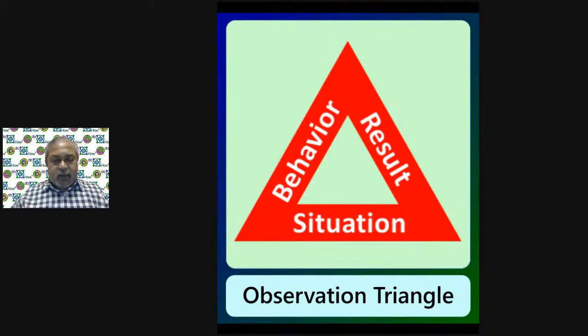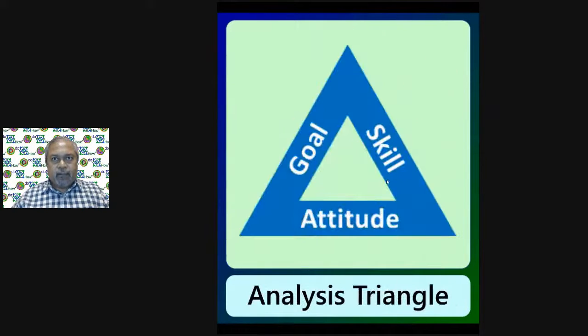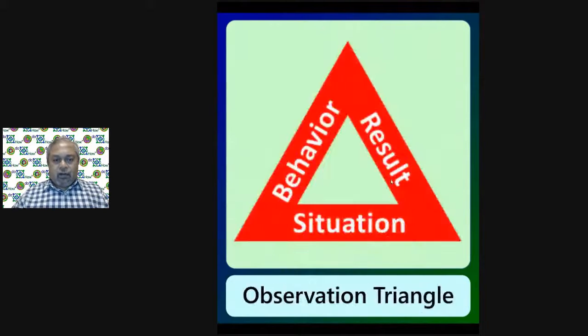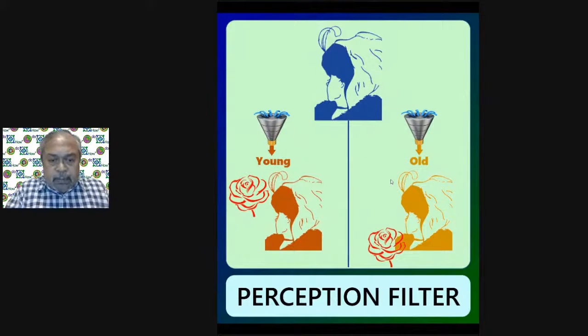So when one does this, it goes back to the two slides which I mentioned. You go back two slides earlier, where one would look at the analysis triangle and try to understand where the driver is. Why is it that somebody is behaving in a certain manner, whether good or bad, and accordingly give feedback which could either reinforce that behavior or talk about what could be done to avoid that behavior, which in this case is called feed forward. So this is what I spoke about yesterday, and today's topic was the perception filter, which I had introduced yesterday. Now let me start talking about what this perception filter is all about.